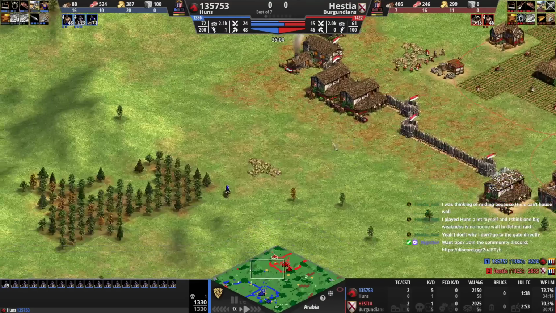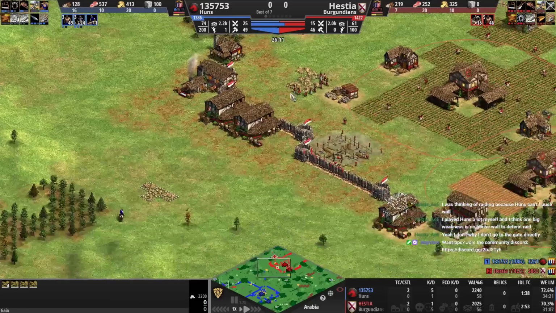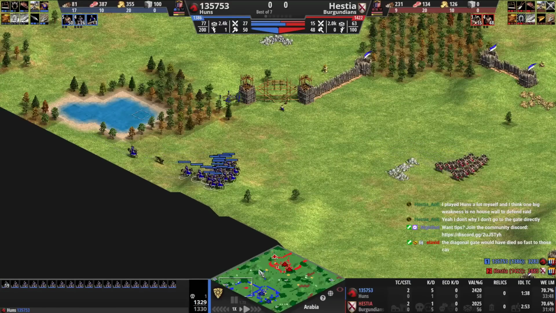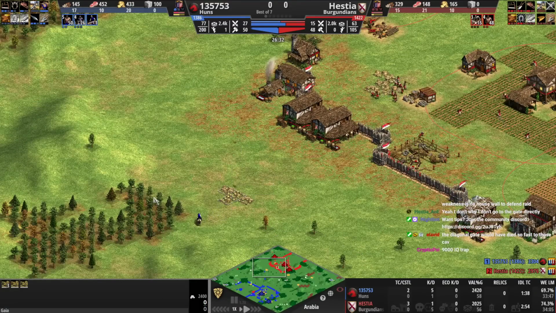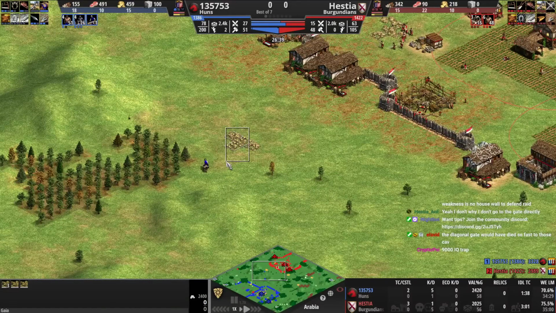But look, that's the timing where you get the TC out here. You have to do things in like one fluid motion. So like the Cavalier push the CA back. Then you send the Vils here. You set your rally point here. So yeah, his main army's chasing you. But if he sends reinforcements here, you also have the reinforcements here. And then